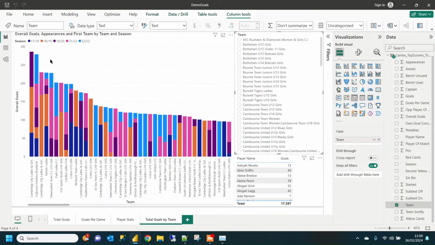So the problem there is because our table has got multiple rows per team, we cannot sort that column in this way. So what we need to do is create a separate dimension for the teams and then use that to sort the teams separately. So to do that,